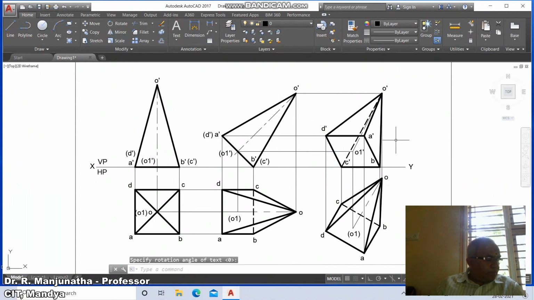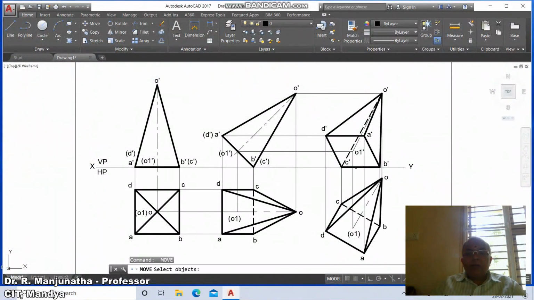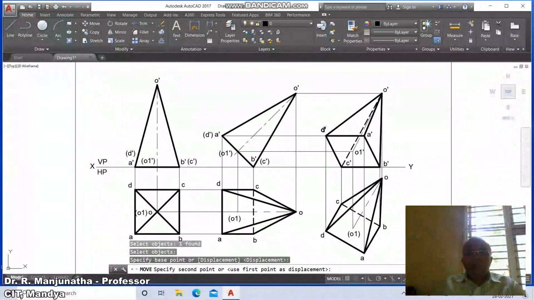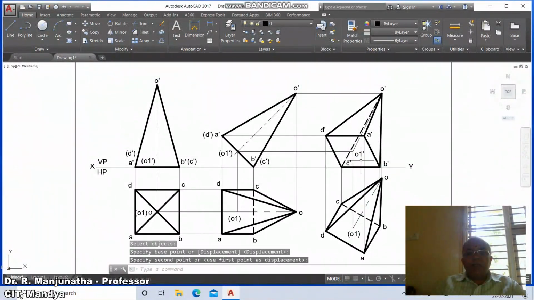So here, go to move, so A dash, then this is O dash, and this is B dash. So here C dash, then D dash, then A dash, then O dash, and this O1 dash. Since A dash, B dash, C dash are visible, therefore O1 dash is on that surface, so obviously that is visible.